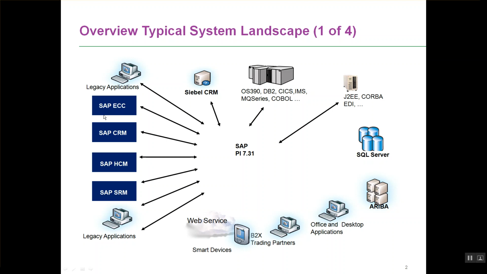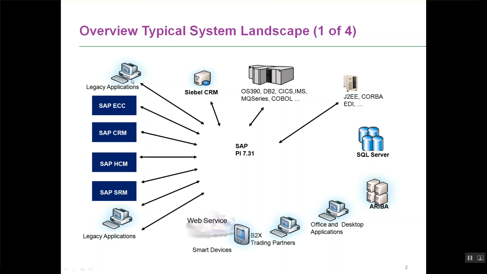So in a typical customer landscape, you would have multiple different types of applications. You will have SAP applications, you would have non-SAP applications. So you can have an SAP ECC, you can have an SAP CRM, a SAP supplier relationship management for vendor management, SAP HCM system for human capital management, or for your employee payroll management. For your customer relationship, you use your CRM, and for your core enterprise functionality, you use ECC.